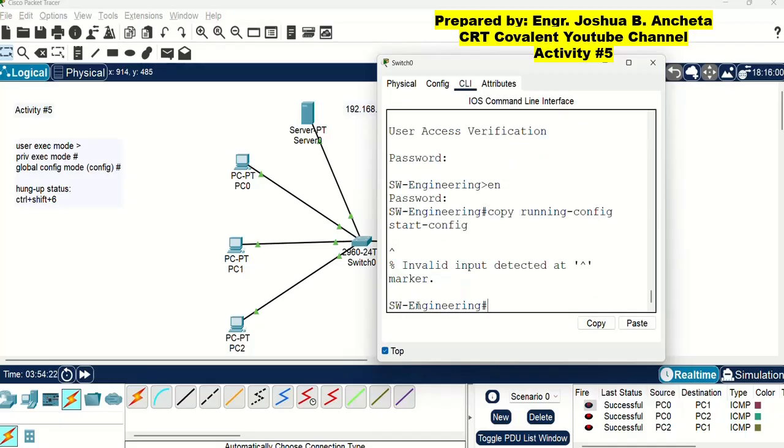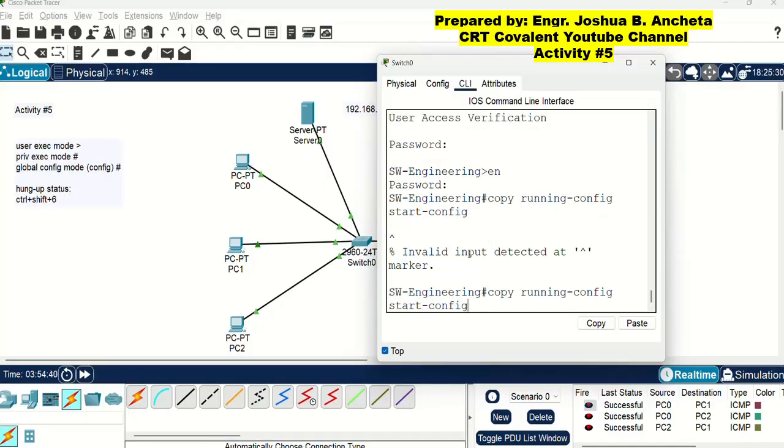So there is an invalid input. There must be an error in my wordings. Okay? So let me edit. It should be startup, not start.